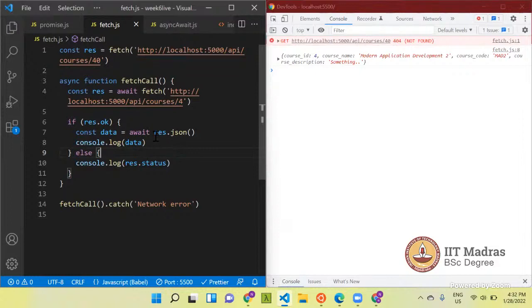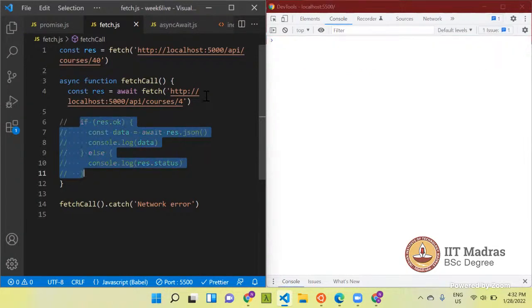I don't know why exactly that's happening. Can you tell me which line you are talking about? I am implementing the same async function as yours, without the if and else, just this part, console.log that rust.json. Okay, that portion.